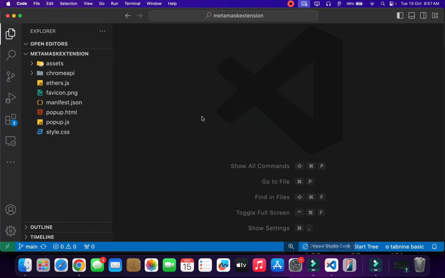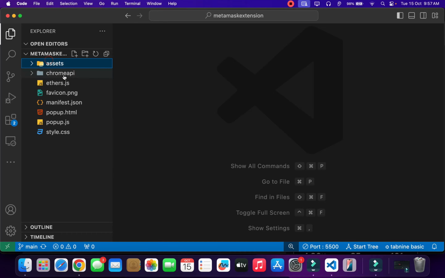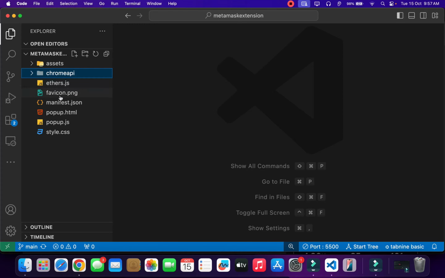Now if I come back here, you can see this is exactly what you will get in the final source code. You will get the asset folder, in which you will find all the images. Then you will get the API folder, in which you will find all the packages and the code we have written for the backend API. Then we have the Ether.js, Fav icon, manifest, popup, and we have the CSS, in which we have written all